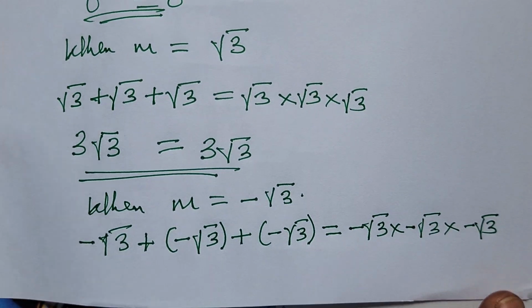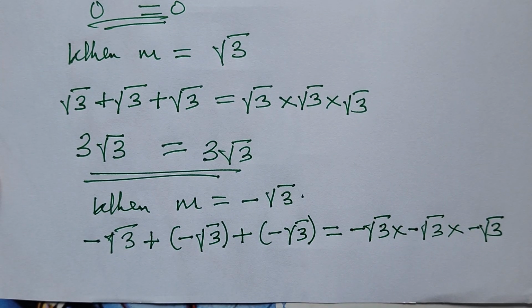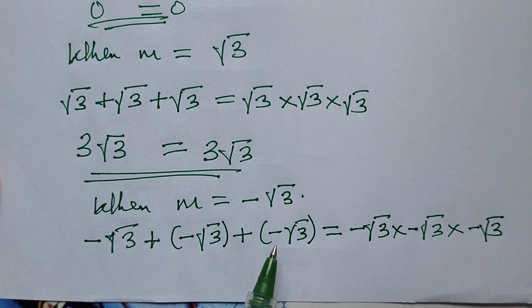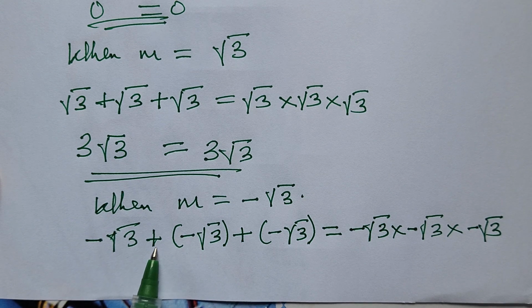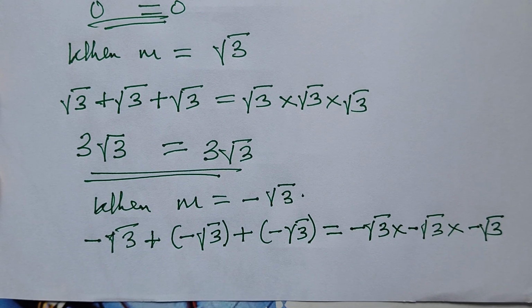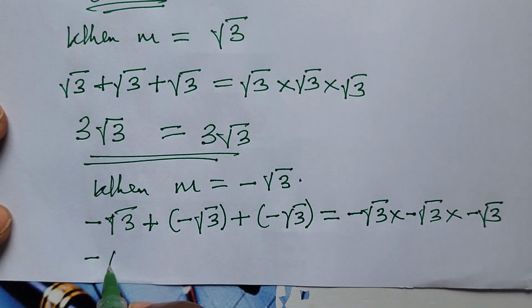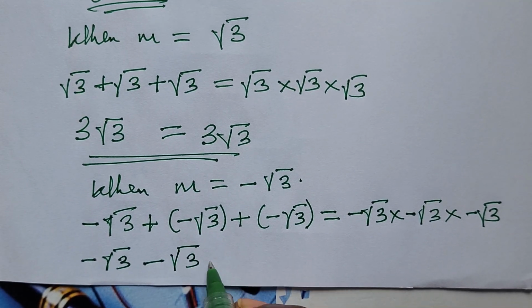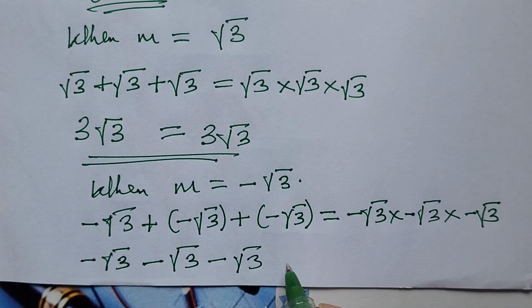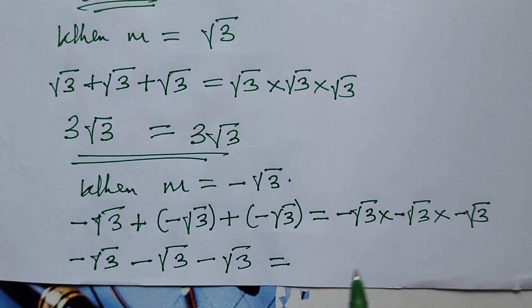Okay, so let's look carefully here. Here we are having minus root 3 minus root 3 minus root 3. If we use this plus times this minus, it gives us minus. So we end up having minus root 3, then minus root 3, minus root 3, everything equal to,